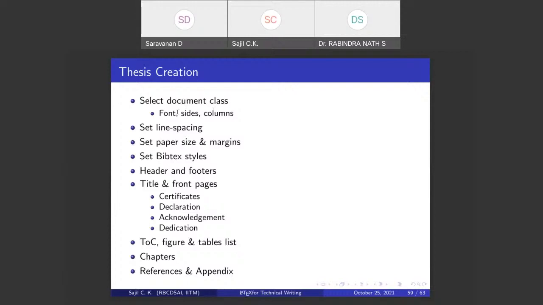You decide the font size, how much margin to leave, whether it is double column or single column, how much line spacing to leave, the paper size, margins, the citation style, how it is to be cited and referenced, headers and footers, and other things. You need to design the certificates, declaration, acknowledgement, dedication, etc. Then generating the table of contents, list of figures, list of tables, etc. is easy because I have shown you, right? With a simple one-line command, you can generate each of them.